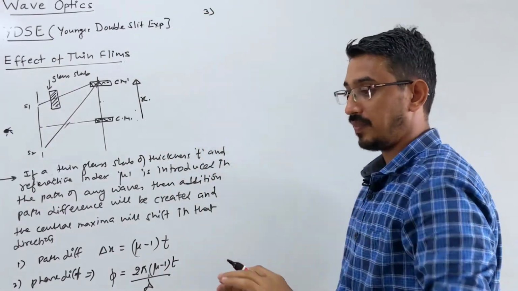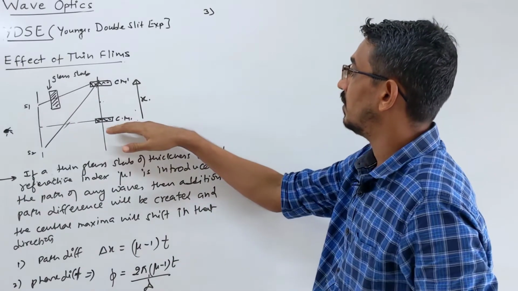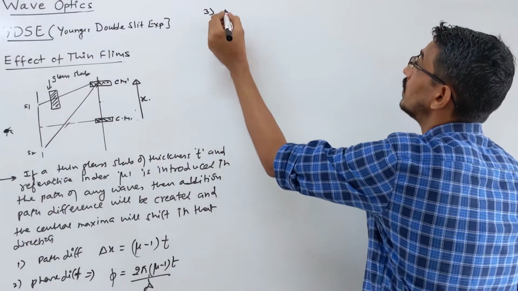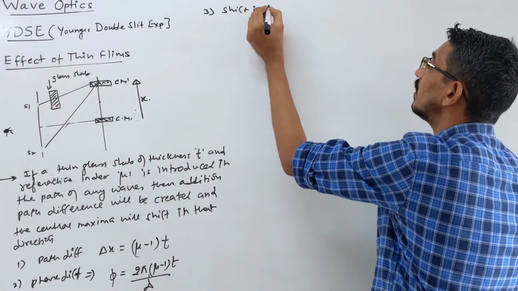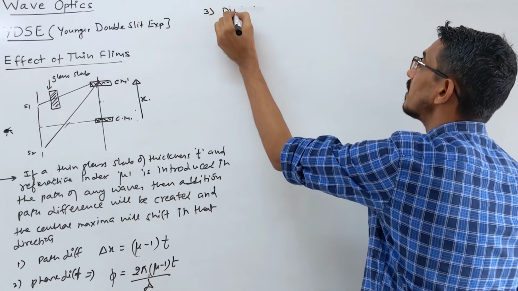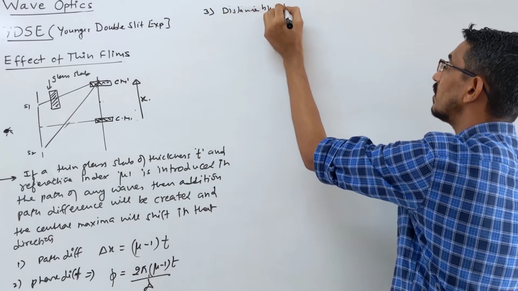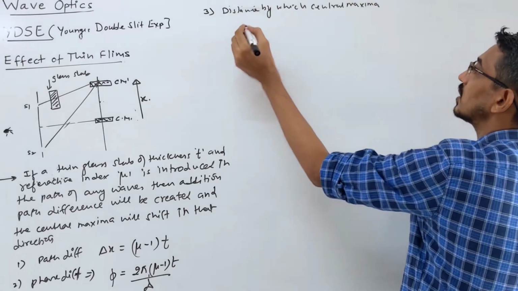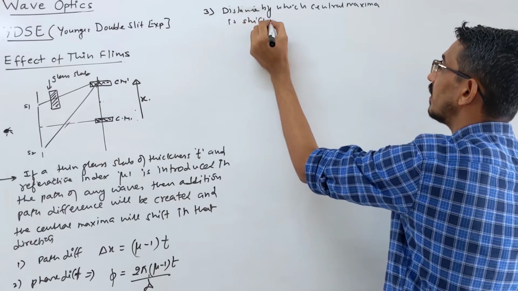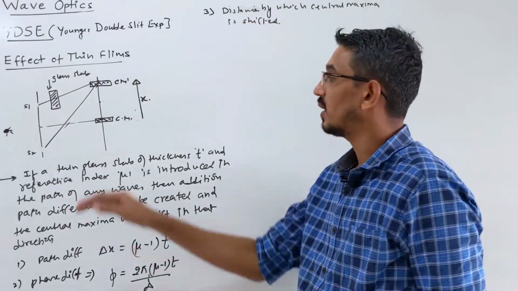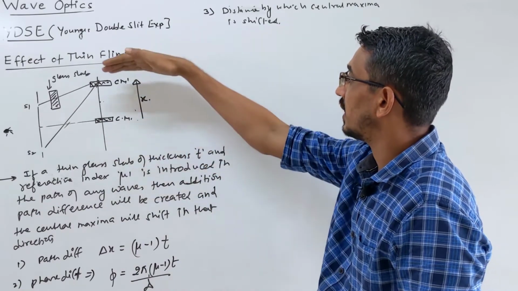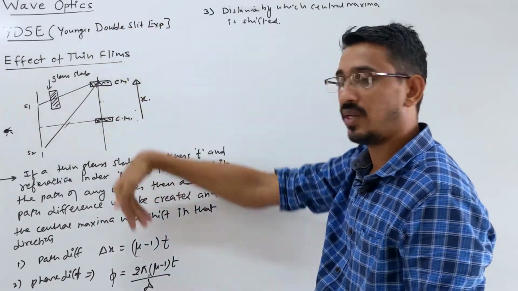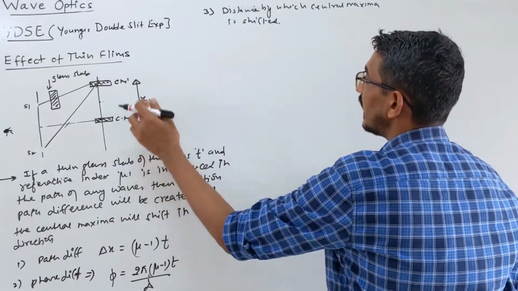They will ask by what amount your central maxima is shifting upward or downward. So the distance by which the central maxima is shifted. By what amount will the central maxima shift? The central maxima comes at this point. This is the new position of the central maxima. All fringes are shifting upward, or downward also. So this x we want to calculate.